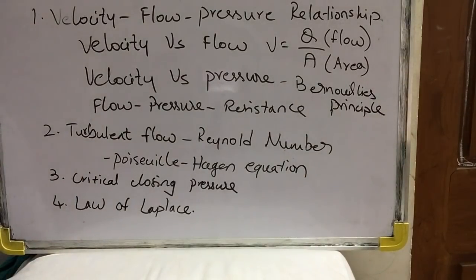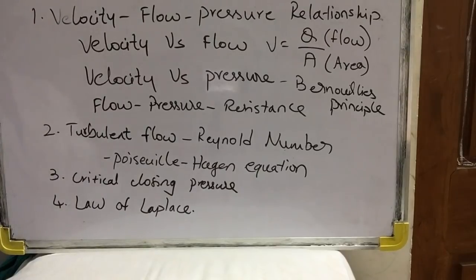So these are the things we are going to cover in hemodynamics part 2. Hemodynamics part 2 deals mainly with the pressures, flow, and velocity which govern the circulation. Because of the operation of these pressures, velocity and flow, the circulation of blood is done harmoniously, that means in a smooth way. So this is the more important aspect of hemodynamics.